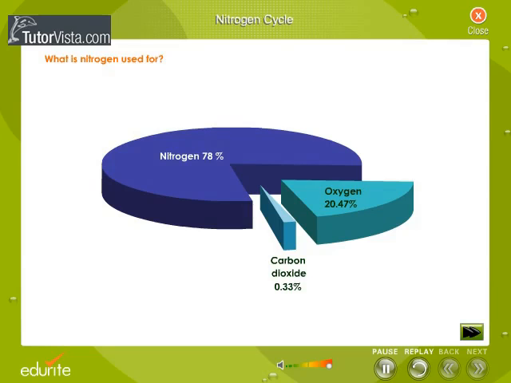Air, which is about 78% nitrogen gas, is the major reservoir of nitrogen. But most organisms cannot use nitrogen in this form. Plants must secure their nitrogen in fixed form, that is, incorporated in compounds such as nitrate ions, NO3⁻, ammonia, NH3, urea, NH2-CO-NH2. Animals secure their nitrogen and all other compounds from plants or animals that have fed on plants.